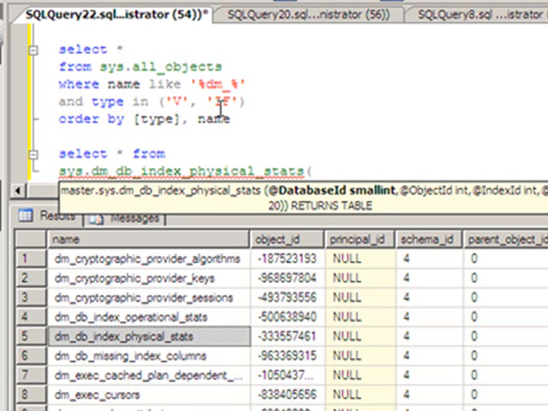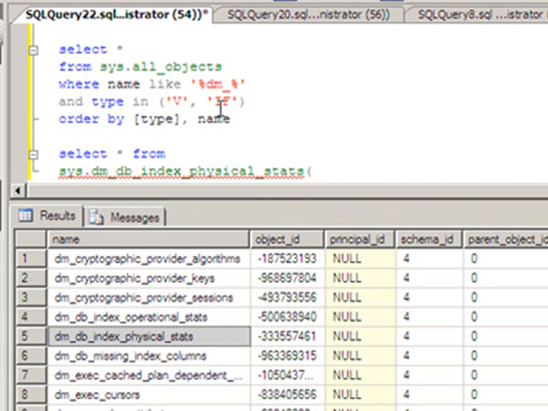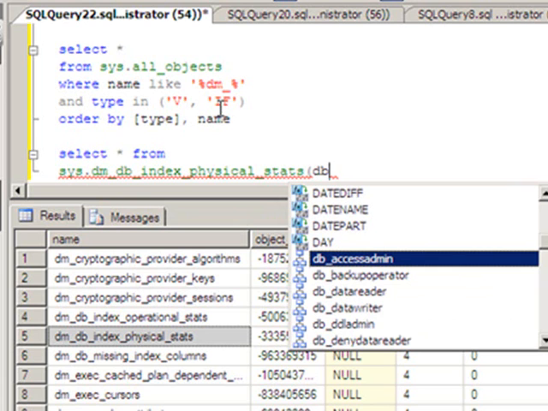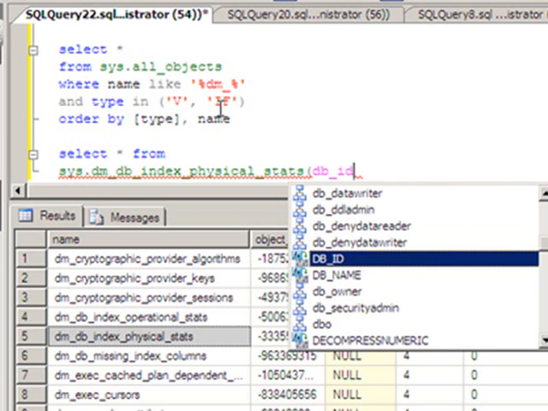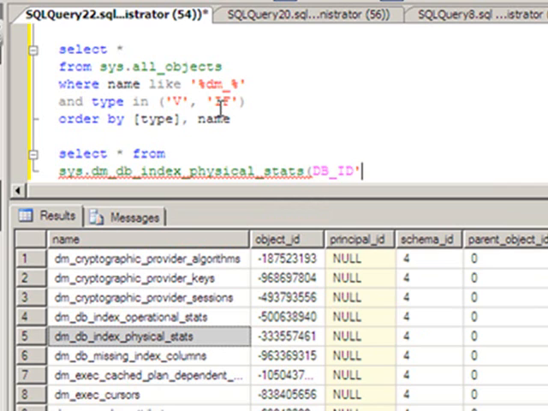Give it an open paren, and the first thing it asks for is database ID, but we're not into memorizing database ID, so we're going to use a built-in function that'll take the user-friendly name and find the ID number for us. So using the db_ID function, open paren, and then give it the string, the name of my database,